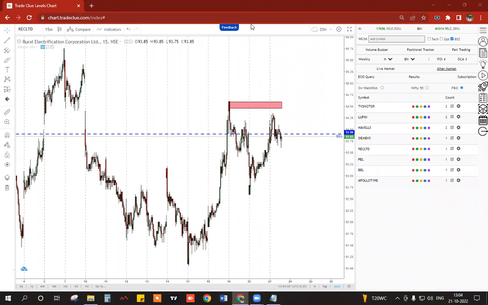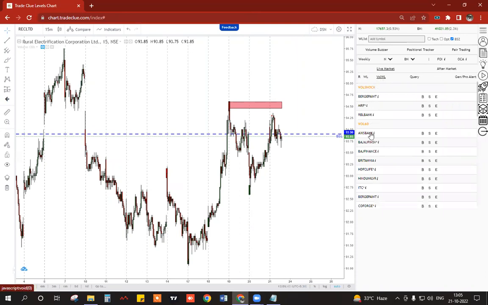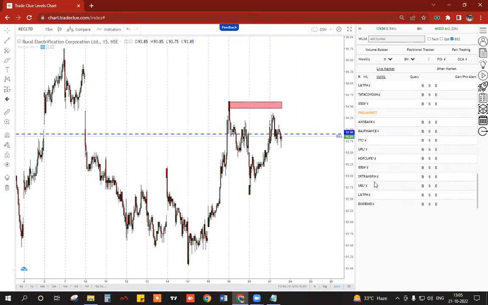In today's session, we'll be starting with the aftermarket volume buzzer scanner: how to take the trades, how to analyze, and what stocks we need to select on a day-to-day basis. We'll also see how to read the pre-market list, which gets updated before the 9:15 a.m. slot. We'll go through certain concepts on volume buzzer as well as how to interpret